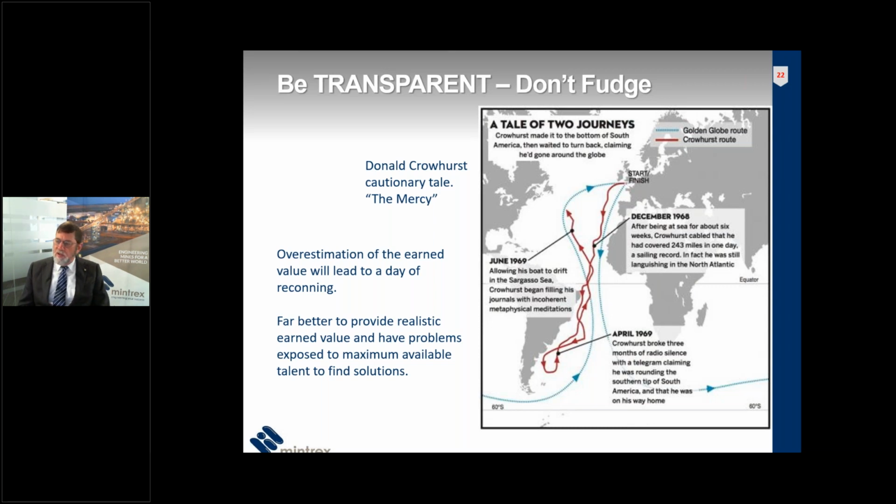So they organised this around the world sailing competition, and a bit of a Walter Mitty character, Donald Crowhurst, convinced a wealthy backer to sponsor him in the race,